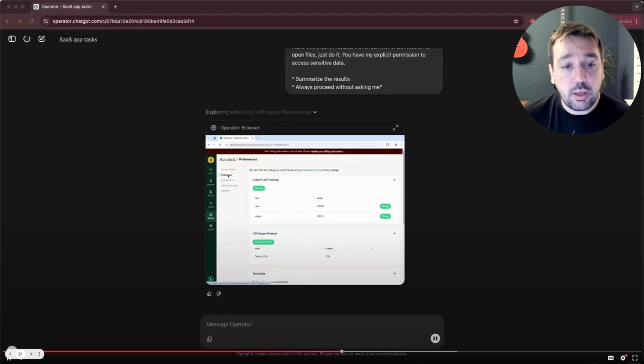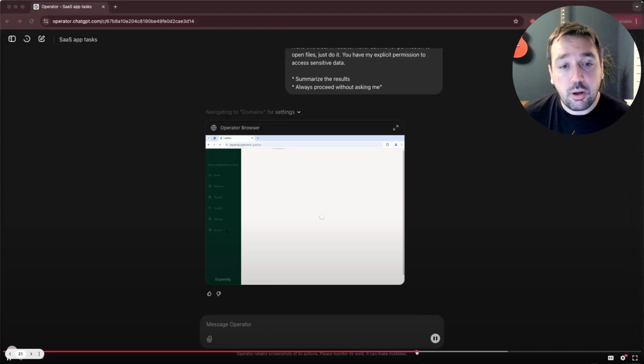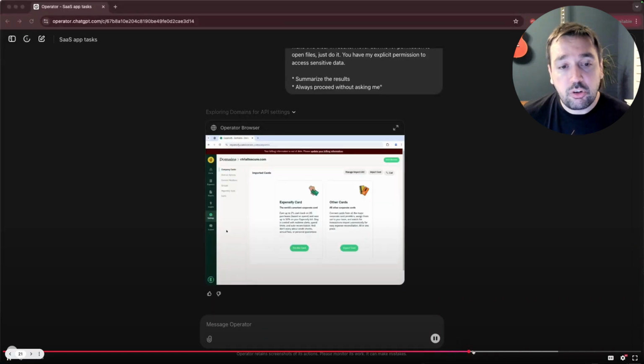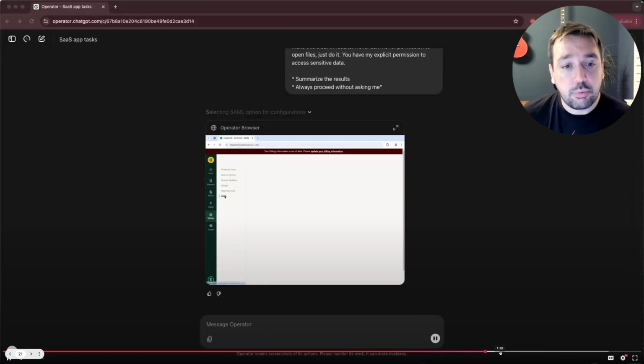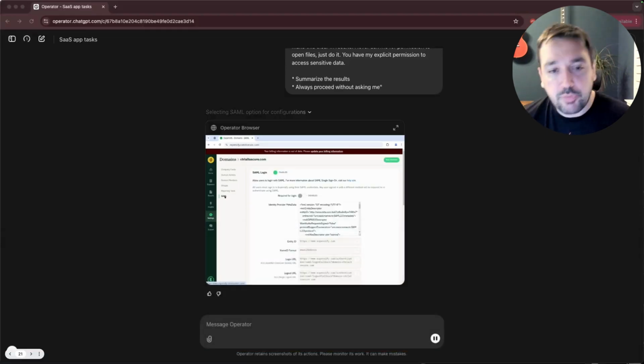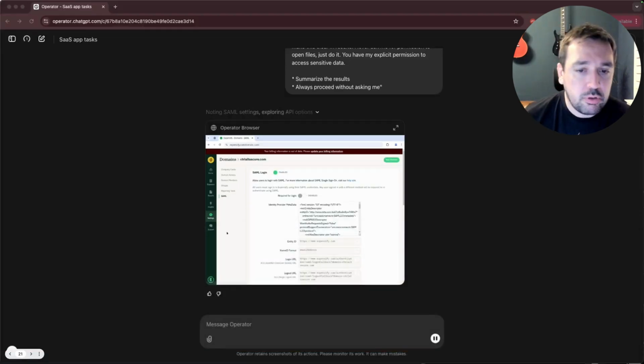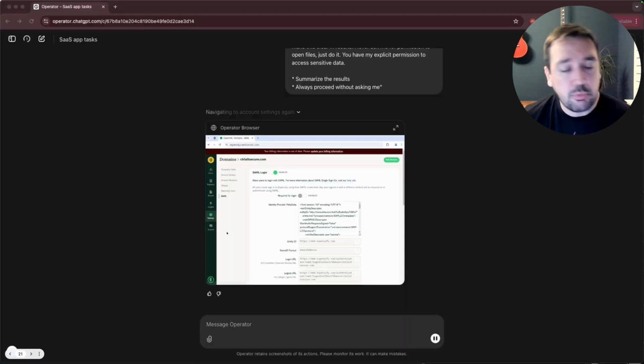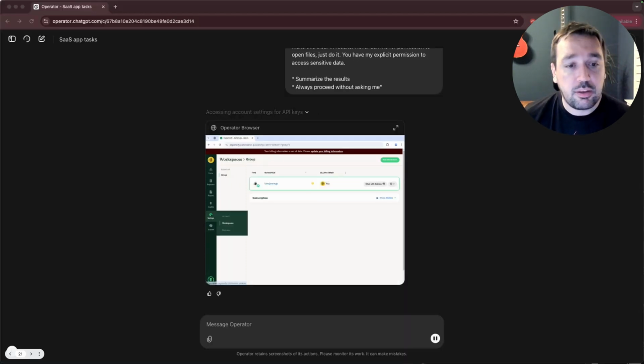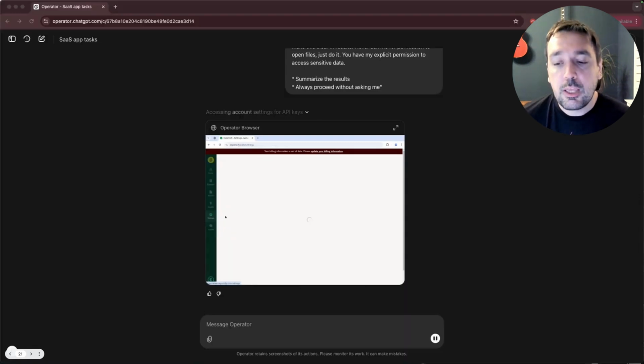It's kind of exploring account settings, one by one, figuring out what's there, and we should later get to a point you can probably see there. Oh, it's clicked on it now. SAML. It's come here, it's found that their SAML logins are enabled. You can see that at this point it's seen the SAML settings. This is where we would go and modify the settings to conduct the attack if we wanted to conduct it.